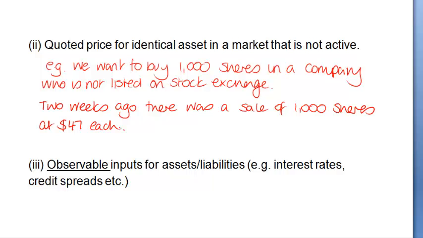Or you could be looking to buy an apartment, and the construction company has made 8 apartments and they're all identical. And we don't know how much to pay for them, but there was one sold 3 months ago and that one went for $350,000. So it's not an active market. We're not selling lots of the apartments or lots of the shares on a daily basis, but we've got some transactions, and that's a start point for determining our fair value.